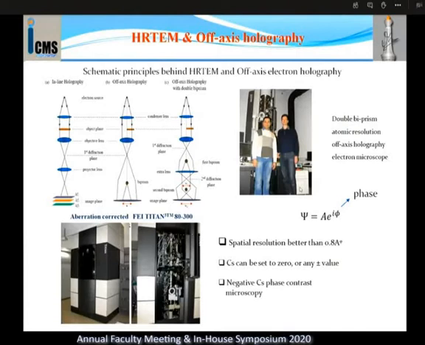The holography at atomic resolution was performed in the Triebenberg microscope in Berlin. This is a special microscope, aberration corrected, and also equipped with the double biprism. And the HRTEM we have recorded in our own microscope at JNCASR. Both are aberration corrected, both have spatial resolution better than 0.1 nanometer, 0.8 angstrom, and we have variable Cs.